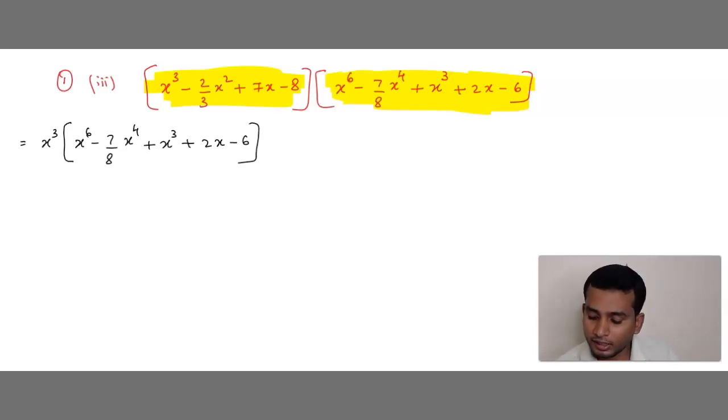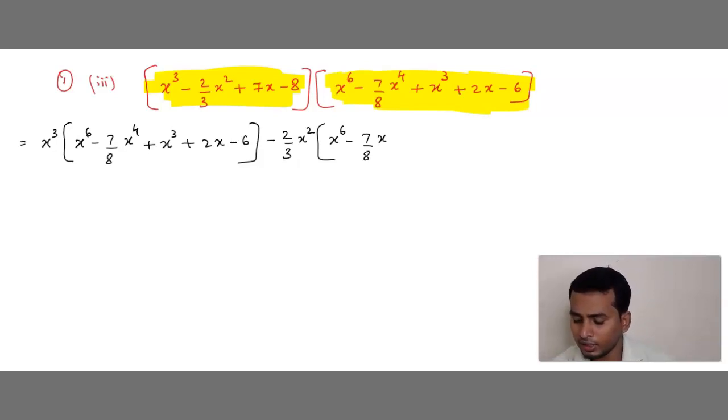Again, what is the second term? Yesterday this is where we made a mistake. We took just minus 2 by 3, but x square is also there, right? We have to take this complete term. Sorry for yesterday's problem. Anyways, minus 2 by 3 x square, this second term we have to multiply again with the complete rest of the terms, that is x cube minus 7 by 8 x to the power 4 plus x cube plus 2x